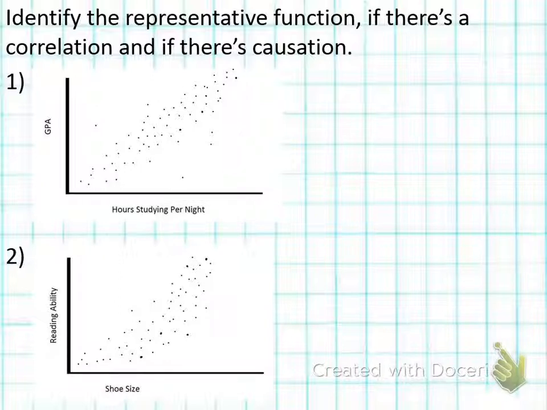Let's say this is a set of data I picked, all the students I have, and I checked how many hours a night do you study, and people said, oh, this many hours, and this is my GPA. And I took all my students. I have low students and high students, right? This is just the data. Is it right or wrong? No, it's just what it is. But does it prove that the more I study, the higher my GPA?